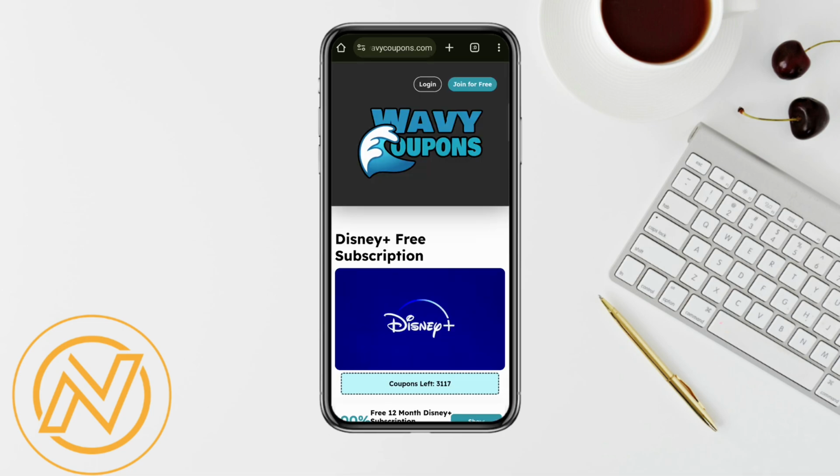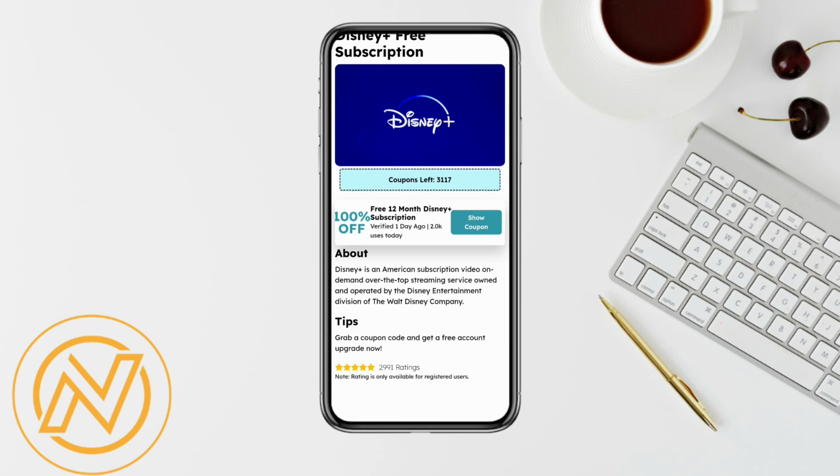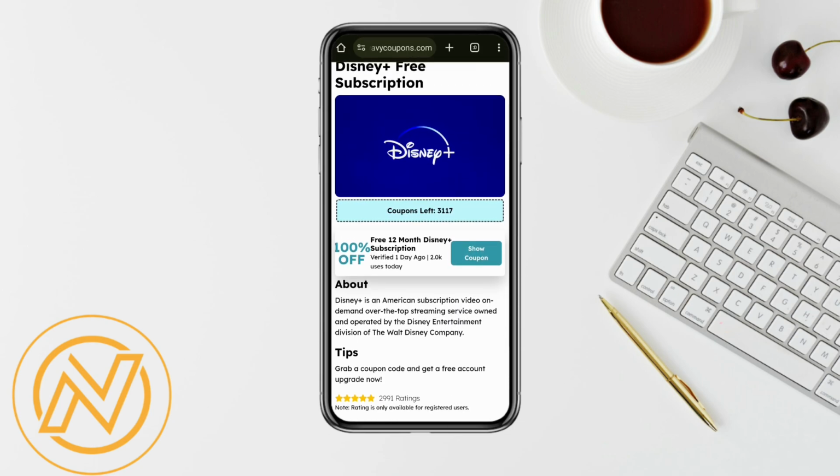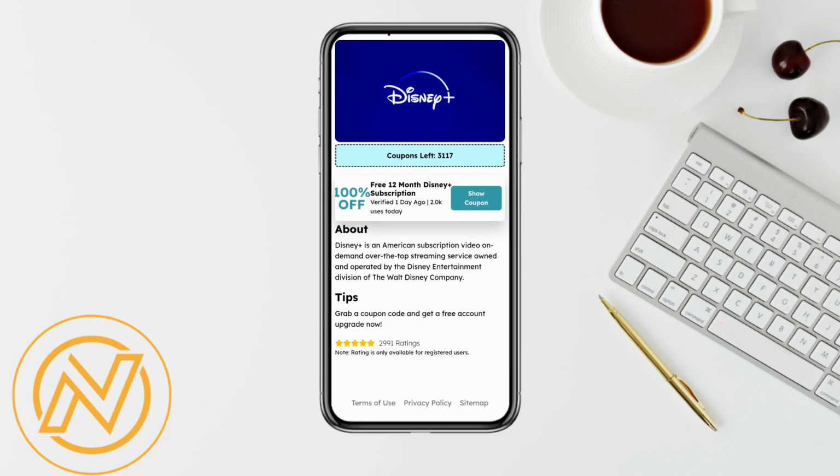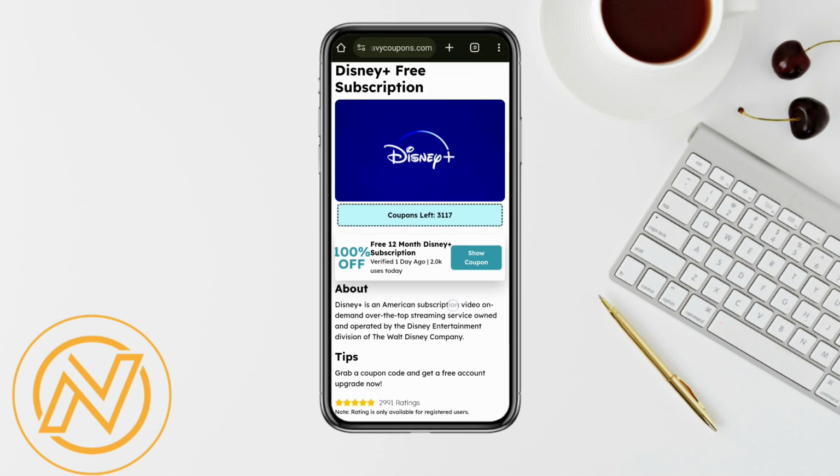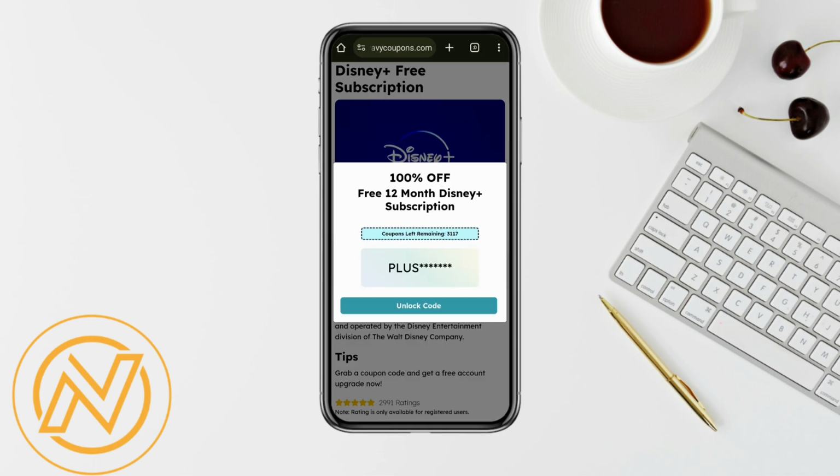These coupon codes are quite limited, so make sure that you're doing this process fast in order to get the coupon code and get the subscription for free. And after that just simply click on show coupon. As you can see, the coupon code is not fully visible. You have to unlock the coupon code